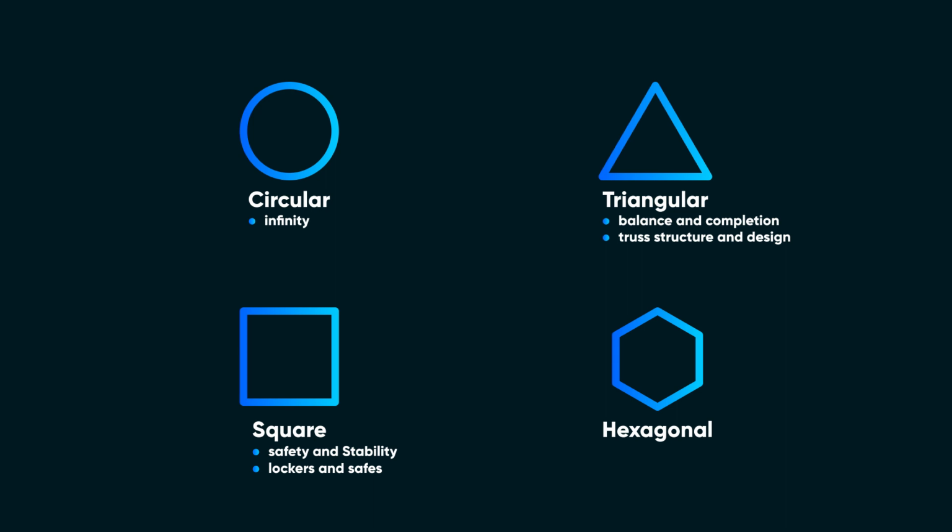And hexagon is the representation of best fit. Like the hexagonal shape is used in human DNA. And the perfect example of the hexagon as a best fit shape is the honeycomb, which is designed using tiny hexagons. Now this is the logic behind the most important shapes that are used during the design process.